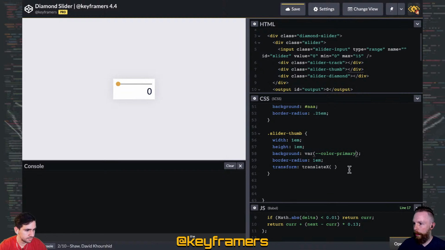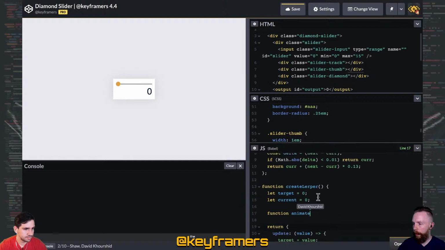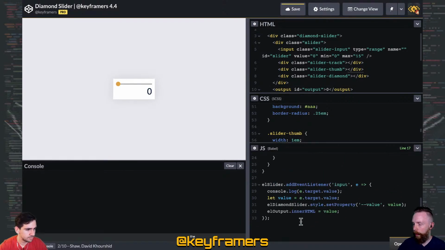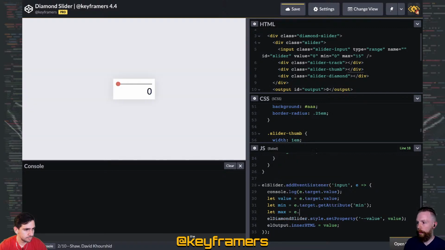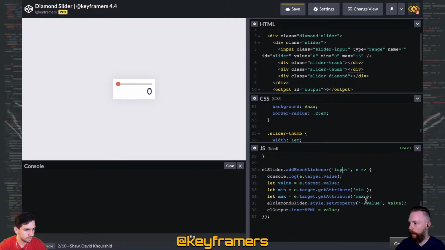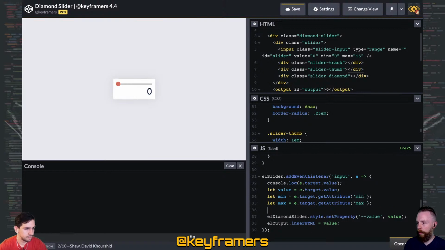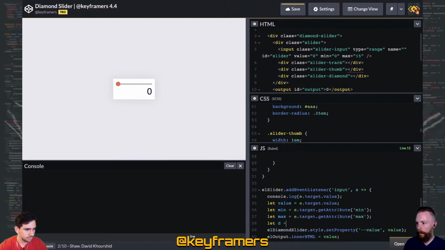And so what I'm going to do now, so we can have this thumb actually tracking in the right spot in our event listener here. So we've got the value. Let's say let min equals e.target.getAttribute min. Say let max equals e.target.getAttribute max, because we're going to do some calculations here. We can say, oh boy, what's the math here? So let d equal